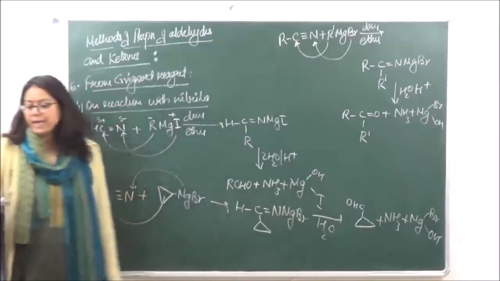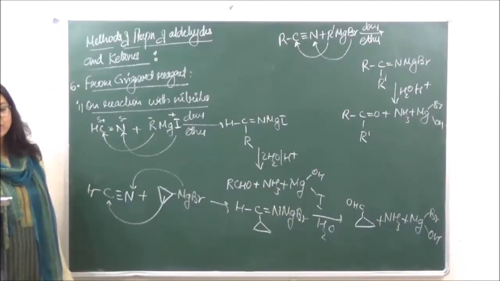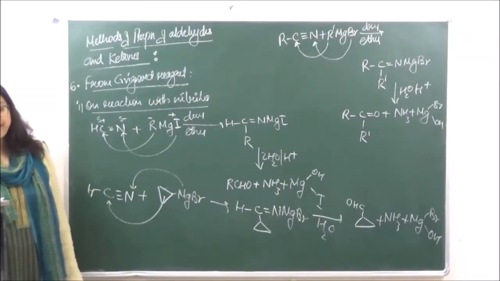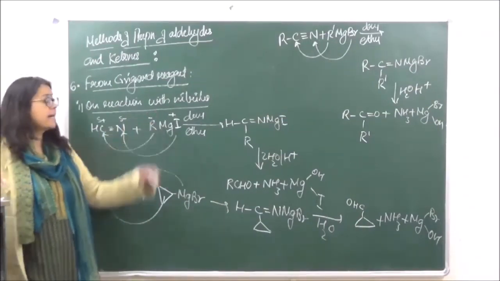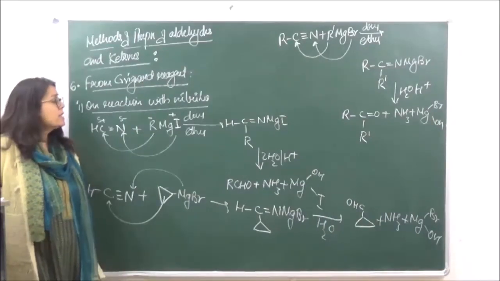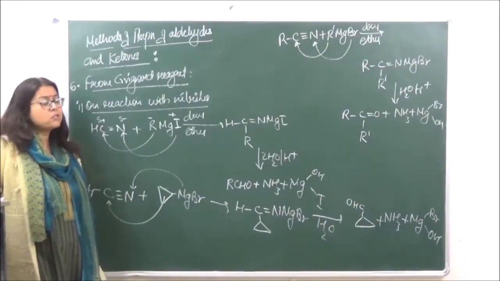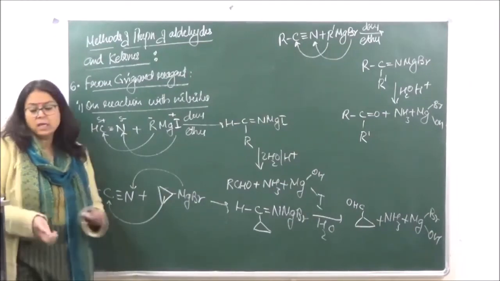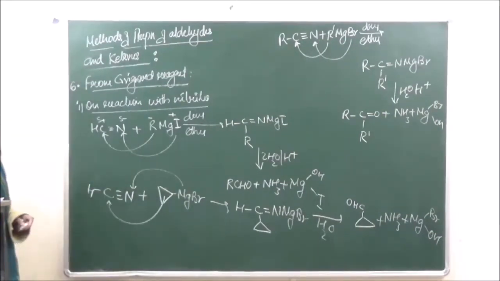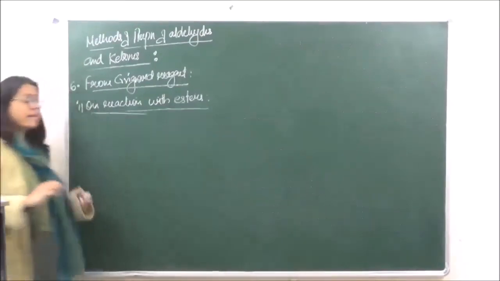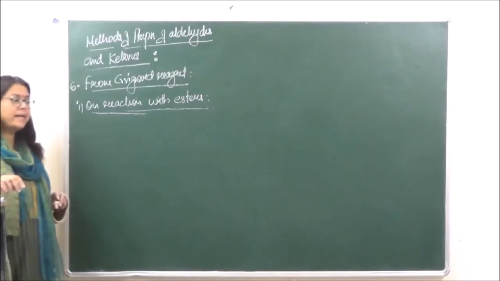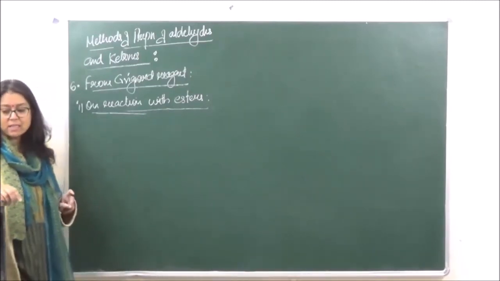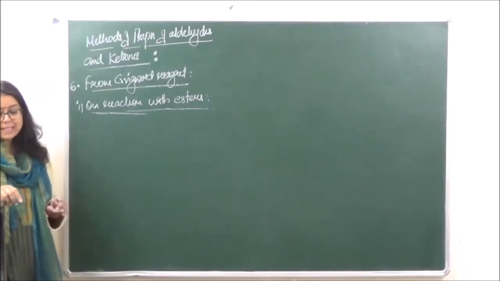So this is going to be the mechanism of Grignard reagent. In a similar manner, Grignard reagent can also attack on esters. Over here, Grignard reagent that is attacking on the nitriles, you will see that the mechanism is going to be same. There is no change in mechanism which is going to take place. So let's do the attack of Grignard reagent on esters, on reaction with esters. Now esters over here, it's seen that if you're taking a formic ester, that is going to give us aldehyde. But if you're taking other higher esters, that is going to give us ketones. So let's take the example with both.